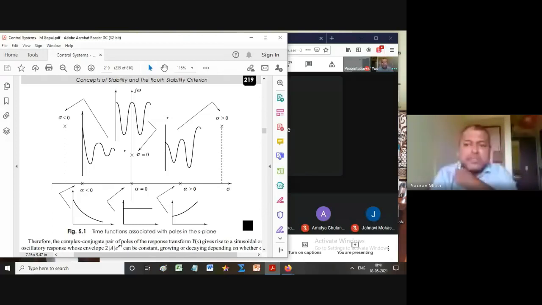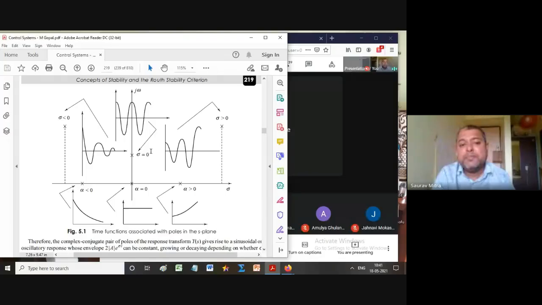So this diagram, you have to remember. They give you this kind of position of poles, and they ask you what is going to be the impulse response of the system, and whether it is stable or unstable, that you have to comment. Here you are finding its area is bounded, it is stable. Here you are finding the area is increasing, unstable. Here the area under the curve is increasing, unstable. Here the area is confined, it is stable. In this case the area is neither increasing nor decreasing, it is a constant area, so this is marginally or critically stable. Here also it is a sustained oscillation, marginally or critically stable. So a pole on the j omega axis is marginally critically stable. A pole in the left hand side is perfectly stable. A pole in the right side is unstable. So these are the things you have to do.